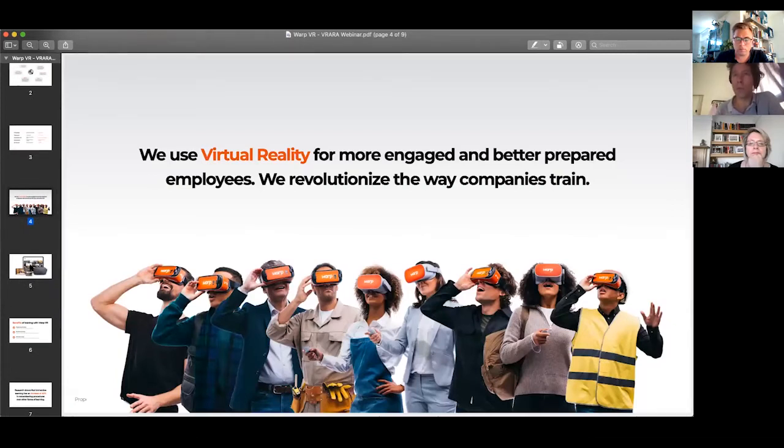We use virtual reality to get more engaged, but also better prepared employees. Through the learning scenarios employees do in our software, they are better prepared. In any situation they could come across, they know what to do because they've been in that situation before, but in virtual reality.